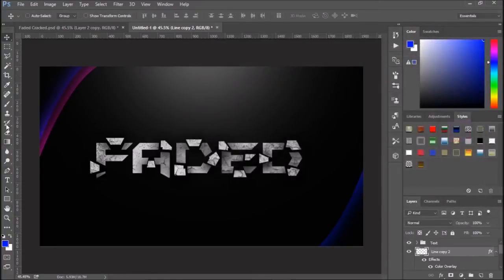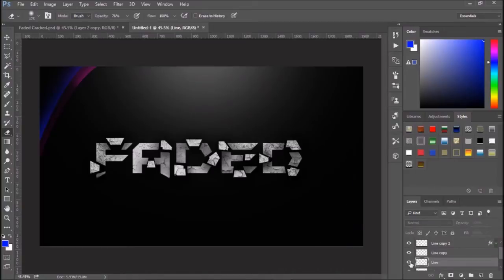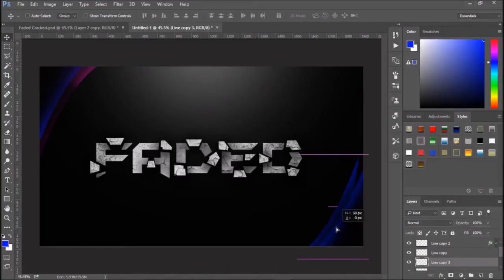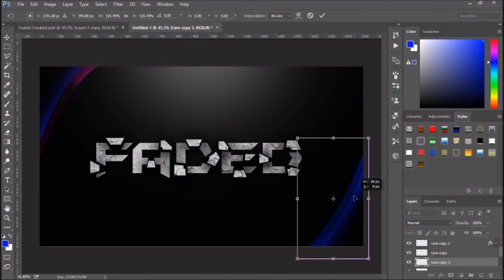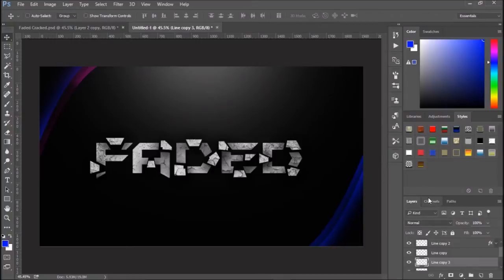So now I'm going to get my eraser, and then make sure this one is selected, and just erase away as much as you want. I'm going to make this one really short, and then what I'm going to do is I'm going to come back over to this one, Control J. I'm going to drag it out, make it bigger. Alright, so I'm going to drag it out,